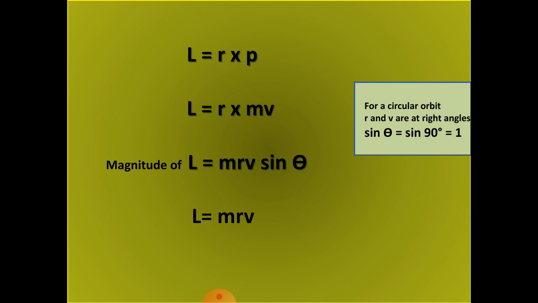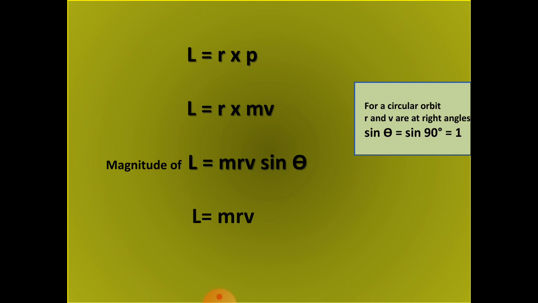Then you take the cross product of these two vectors r and v to find the magnitude of angular momentum. From the expression, a cross b is equal to ab sin theta, the magnitude of L is equal to